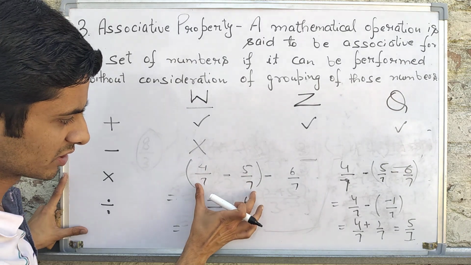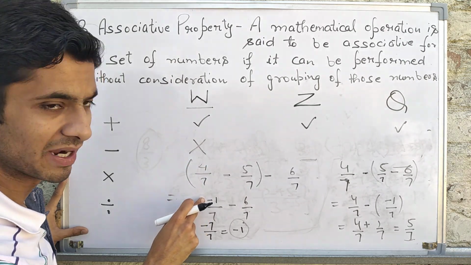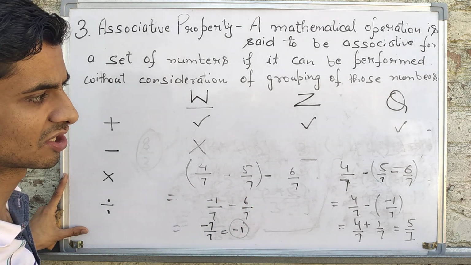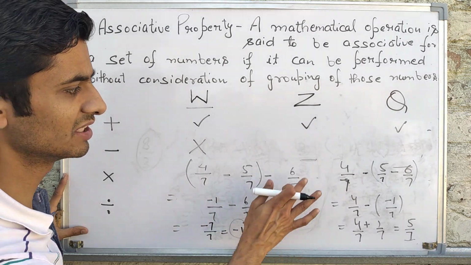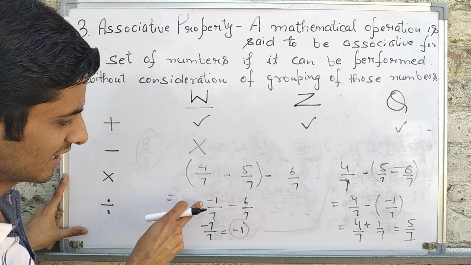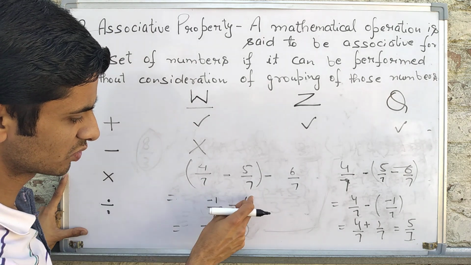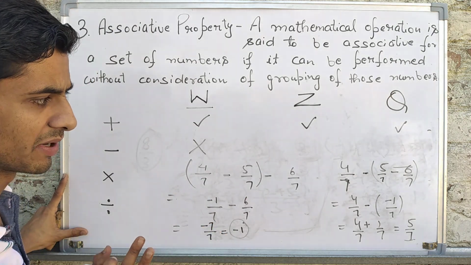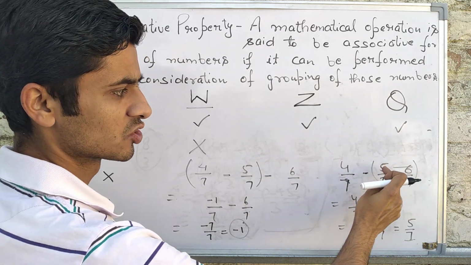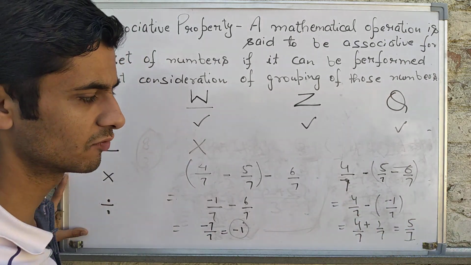So when I grouped it over here together, with 7 and 7 the LCM would be 7. 4 minus 5, you get minus 1, so minus 1 upon 7. For the time being, I suppose that you all know the addition and subtraction of rational numbers. If you are confused with that, please check the videos for addition operations on rational numbers. Here you got minus 1 upon 7 and here you got minus 6 upon 7. Again, 7 in the denominator, minus 1 minus 6, you got minus 7. Minus 7 upon 7 gives you minus 1. Over here, 4 upon 7 minus 5 upon 7 minus 6 upon 7: 5 minus 6 is minus 1 upon 7, and negative negative became positive. 4 upon 7 plus 1 upon 7 gave you 5 upon 7.